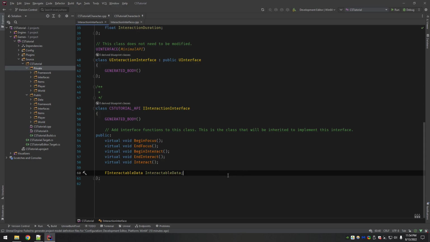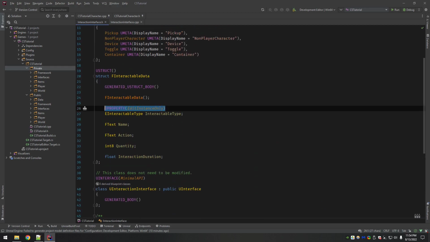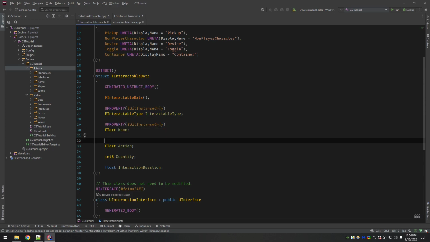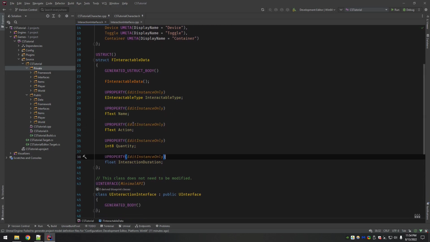We're going to set it, and then we're going to take that one and set it equal to this. It'll all make sense later, but essentially the reason why this is EditInstanceOnly is because anything that inherits this interface is going to get its own copy of interactable data that's set according to that instance. So all of these should be EditInstanceOnly.